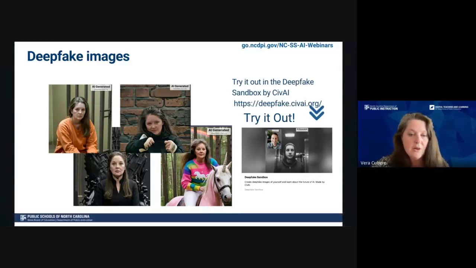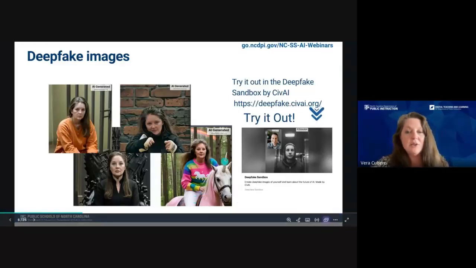Okay, those are all images that I've created using a really simple online tool. And I want to have you create one using the same tool. And it's very, very quick and easy. This only takes a couple of seconds. And then I'm going to ask you to share them on the Padlet after you're done. And so the tool is called